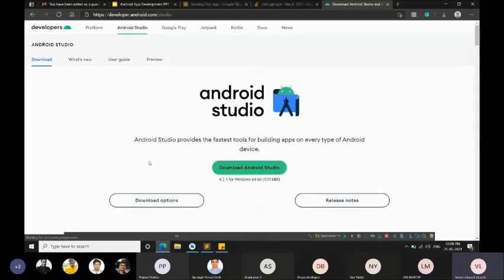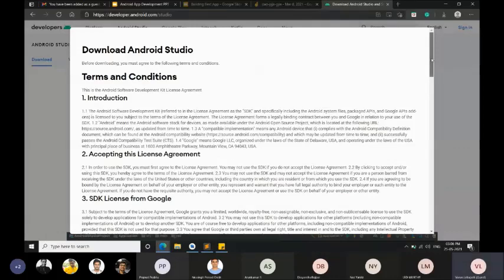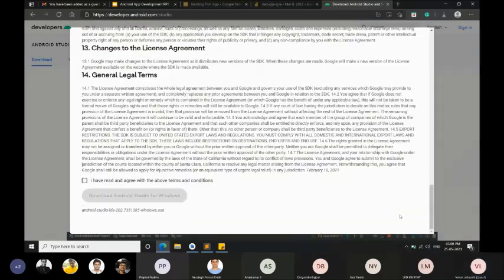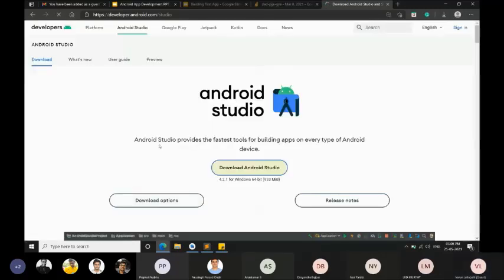I hope most of you have already downloaded this, but I'm telling for those who are unable to do so because of some network issues or something. So after coming to this page, click on Download Android Studio. It takes a lot of time with this 933 MB, so just click on it, agree to the terms and conditions, and click on Download Android Studio for Windows. After clicking that, your download should start in a moment.